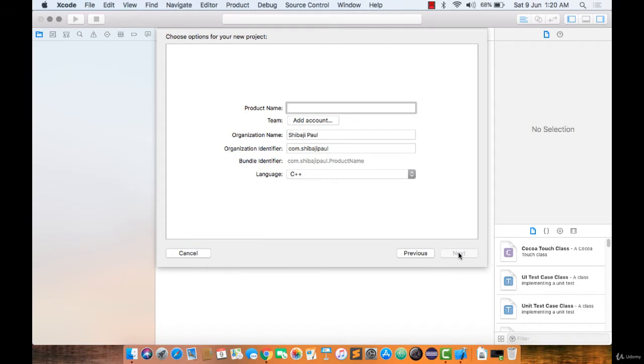And then it's asking for the name of the project. You can give anything. I'll just give test CPP. That's a good name for the first project. And you need to choose the language as C++. We have these 4 options there. I'm going to choose C++ because this is a C++ class. And here the organization name, you can give your name and you can give any URL of your choice. It need not be a serious one. You can give anything. A.com will work. So just hit this next button,